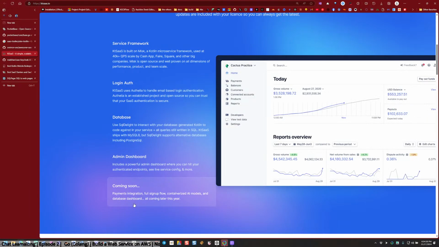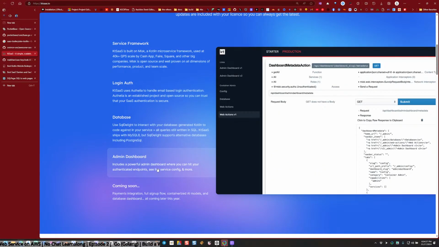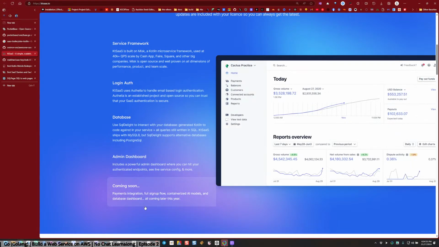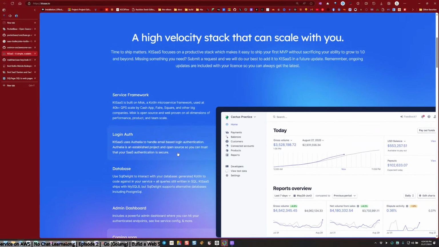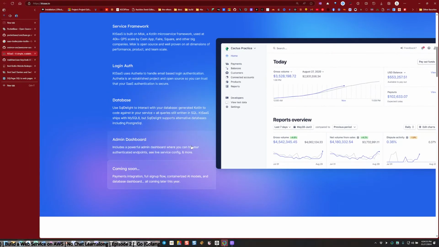Coming soon. Payments integration, full sign-up flow. Coming soon. Includes a dashboard. Coming soon. Payment integration, full sign-up flow. Containerized AI. I don't care about that. Database dashboard. Later this year. Remember, ongoing updates are included with your license. Oh, okay. Well, then that's not...